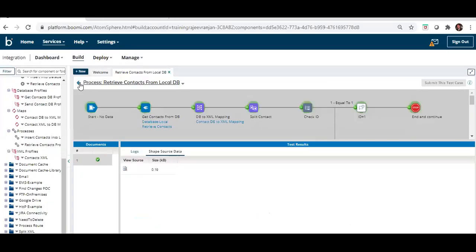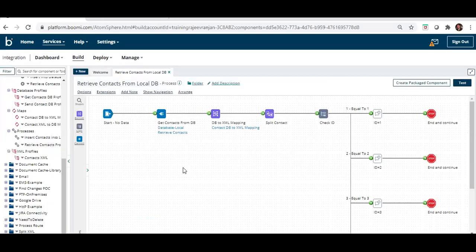In this video, what we have concluded is how, by using the database connector shape, we can insert the data into the database. Whether it is on premises or on cloud, only the configuration changes: you need the database connection, the particular driver, and the connection URL needed for the database. Remaining, how you need to insert and how we need to fetch, will remain the same, whether it is on premises or cloud.